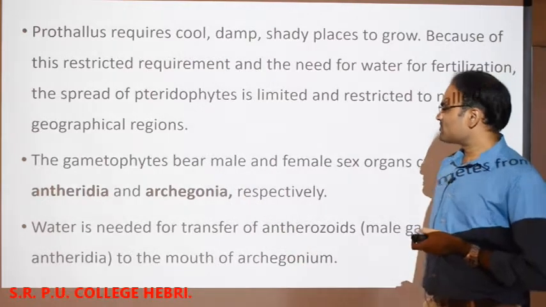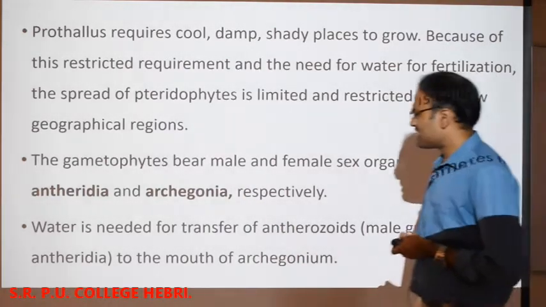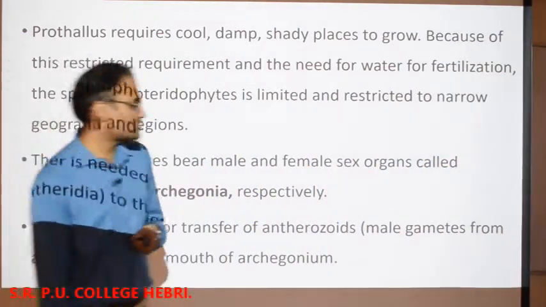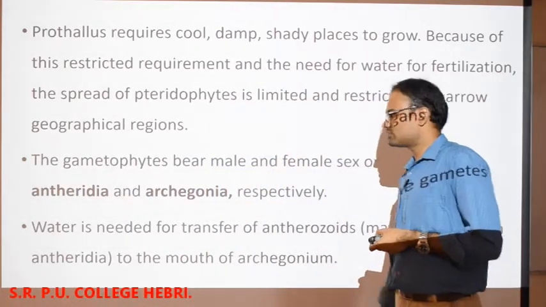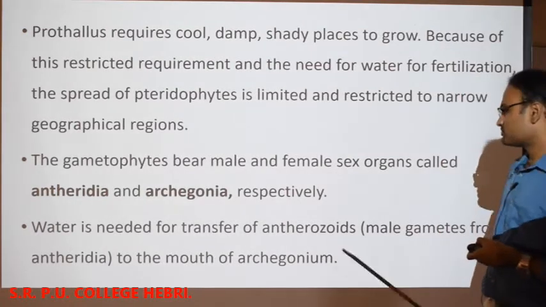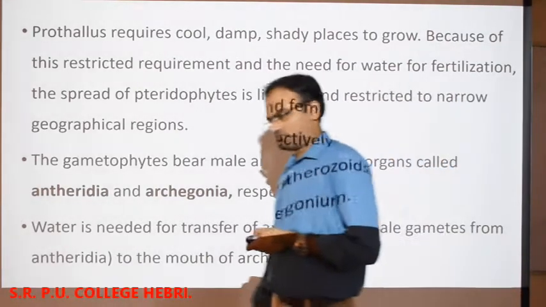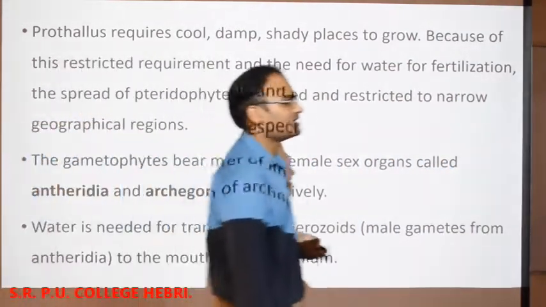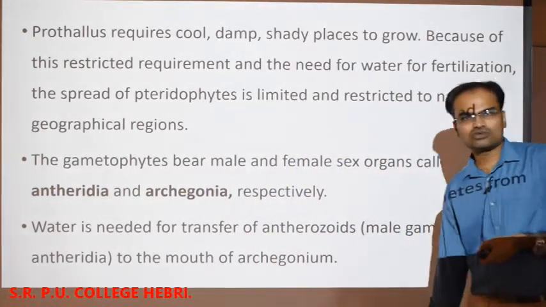The gametophytes bear male and female sex organs, as we know, and they are called antheridia and archegonia. The male sex organ is called antheridia, the female sex organ is called archegonia, like that in bryophyte. Water is needed for transfer of anthrozoids to the mouth of the archegonium, isn't it? The anthrozoids that are produced in the antheridium will directly move into the mouth of the archegonium with the help of the water. Okay,